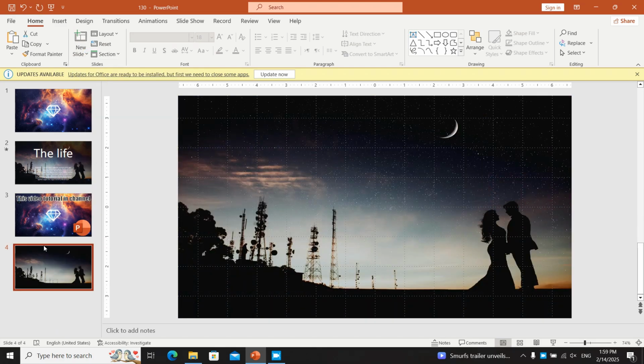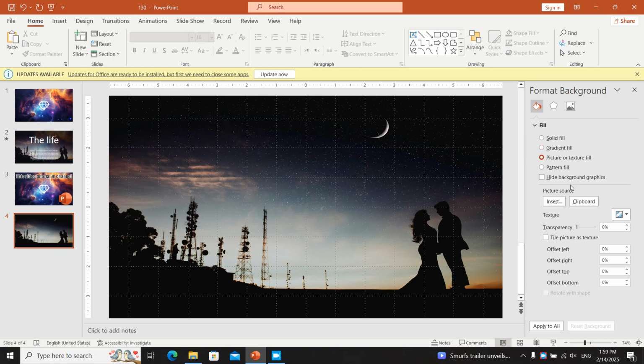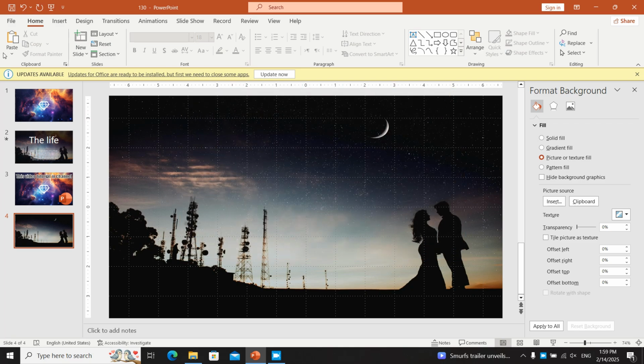At first, we create a blank space. In our blank space, we go to Format Background and set the background from Insert and find the background from our files and put it here. We put the background here. Then,